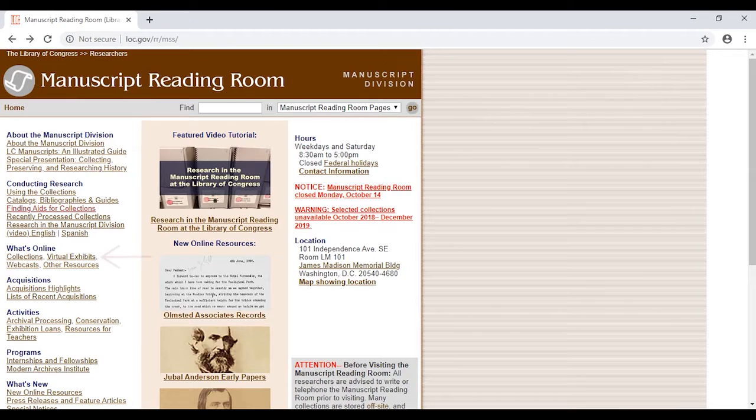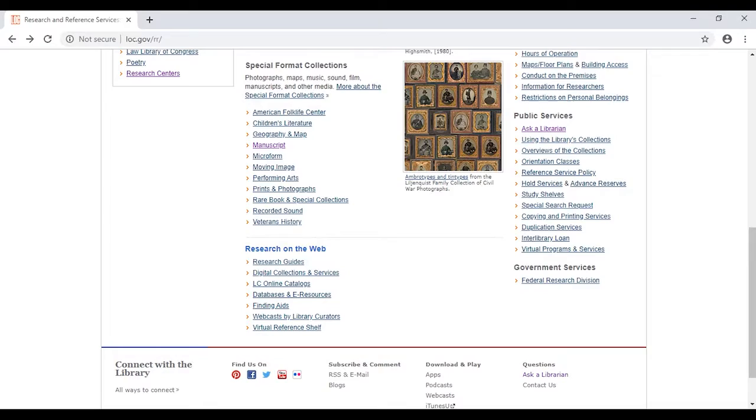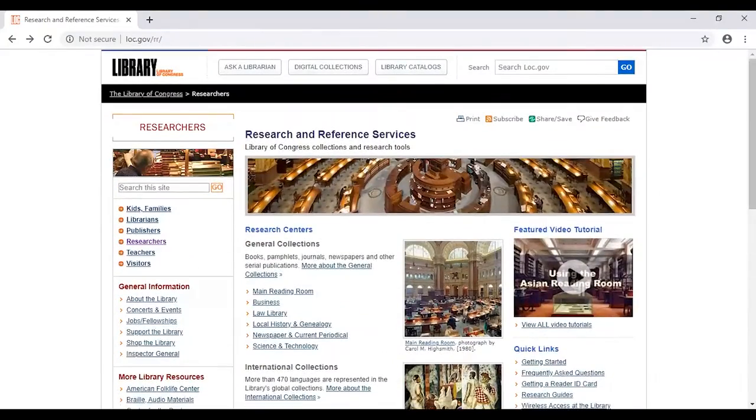that are in the Manuscript Division. You can browse that. We also have links here to virtual exhibits that have some Indigenous resources content, and also lists of new online projects. Let's go back to the main reading page, the main Library of Congress portal page,